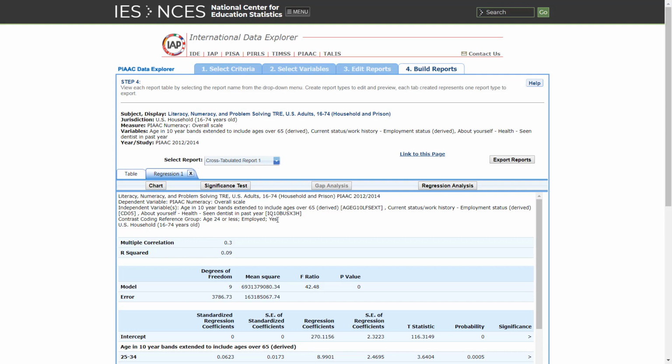So the dummy coding concept we talked about previously is applied in this regression analysis based on these 3 reference